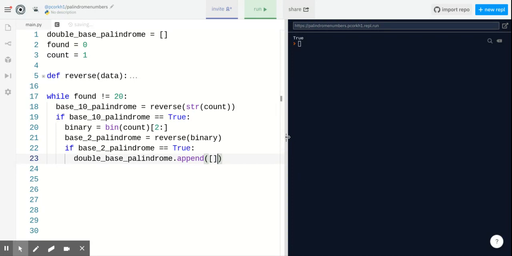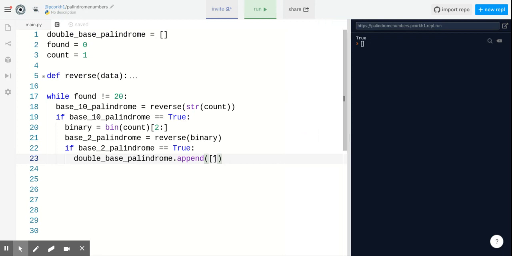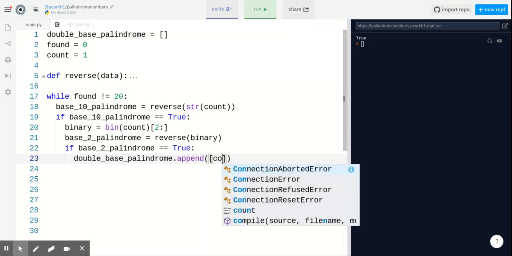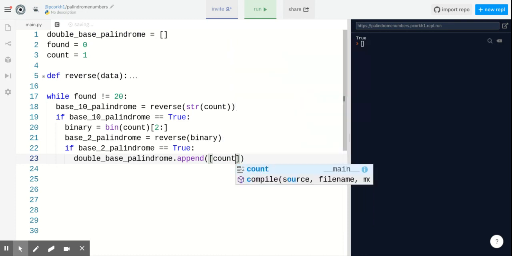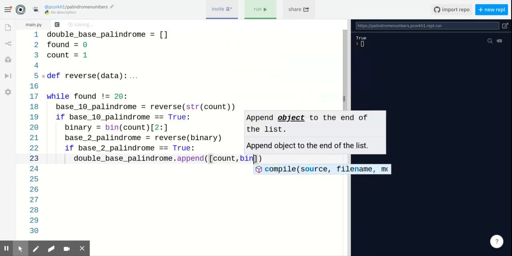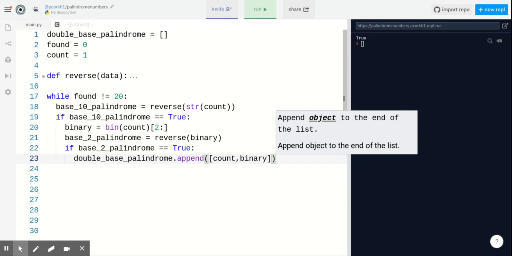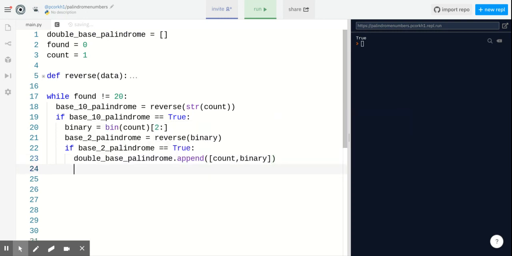Let's just move that over, and we want to put in the count, which starts off as 1, as we know, and we also want to give it the binary value. Now, once that's done there, we know we've found one, so let's increment found. So found equals found plus 1,